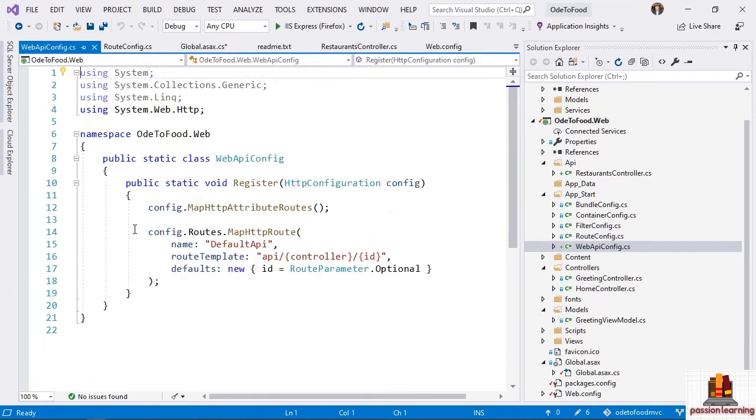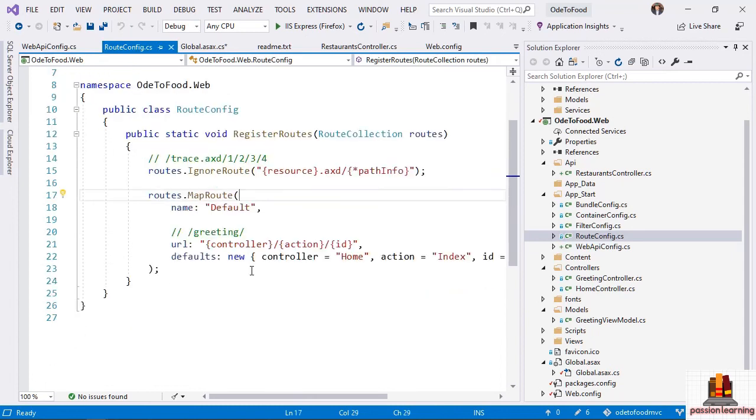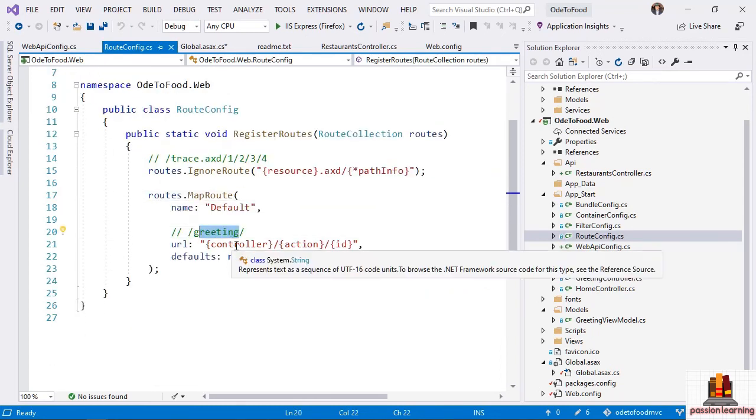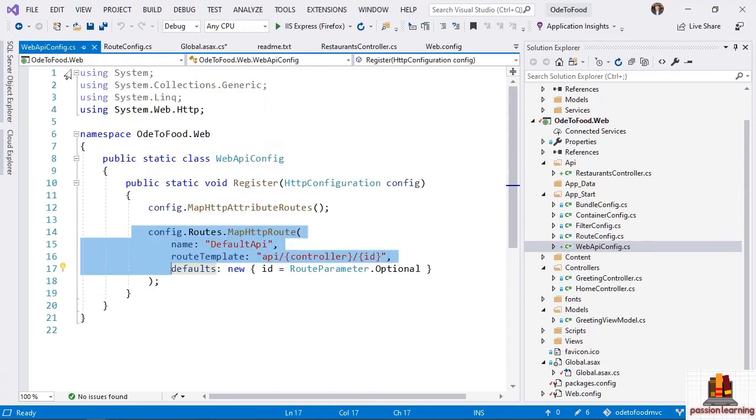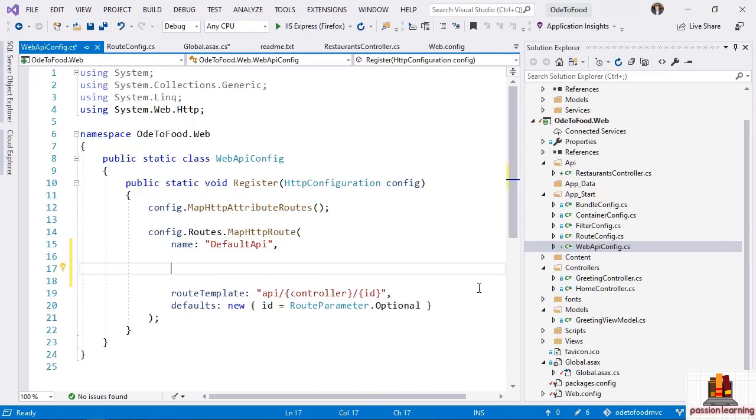Now I'm going to toggle back and forth between RouteConfig and WebApiConfig because you'll notice there are very similar settings here. Both of these configuration methods essentially tell a framework to take a URL like this and map the first part to a controller name, and then take an action name and then an ID. So something like greeting/index would go to the index action, or the index method, on the greeting controller. WebApiConfig.cs is very similar, but notice this starts off with the literal text api, which just means that the URLs that I need to reach my API controllers are going to